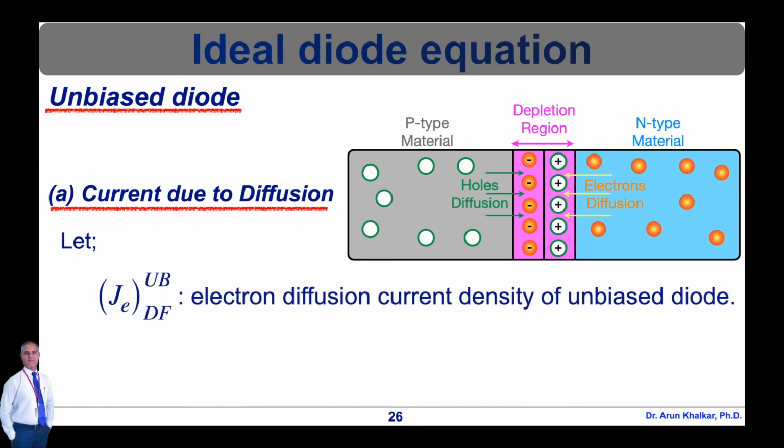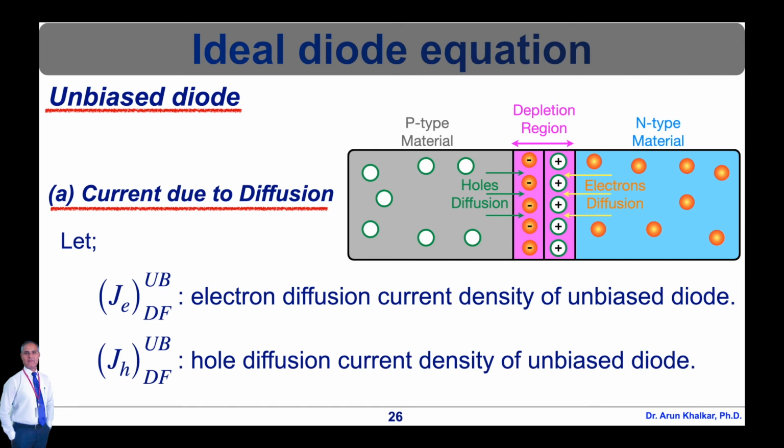Let capital J E df UB be the electron diffusion current density of unbiased diode. So in this case, J is the current density, E stands for electrons, df stands for diffusion, and UB stands for unbiased. In second notation, capital J H df UB is the hole diffusion current density of unbiased diode. So in this case, capital J is the current density, H is for the hole, df for diffusion, and UB